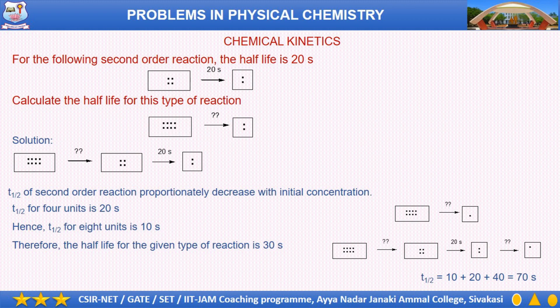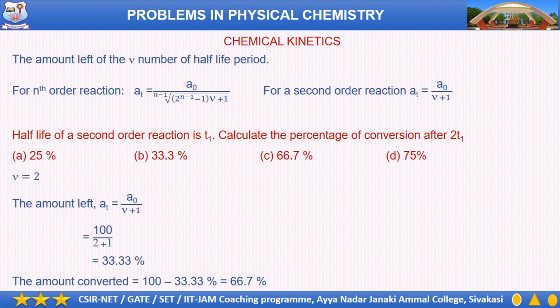Okay, now we have given this type of problem. Finally we are going to see what the problems are with fast. The amount left or amount consumed. Amount left we can calculate as A naught by nu plus 1, where nu is the number of half-life periods. Okay, take down the simplest one. Half-life of a second order reaction is